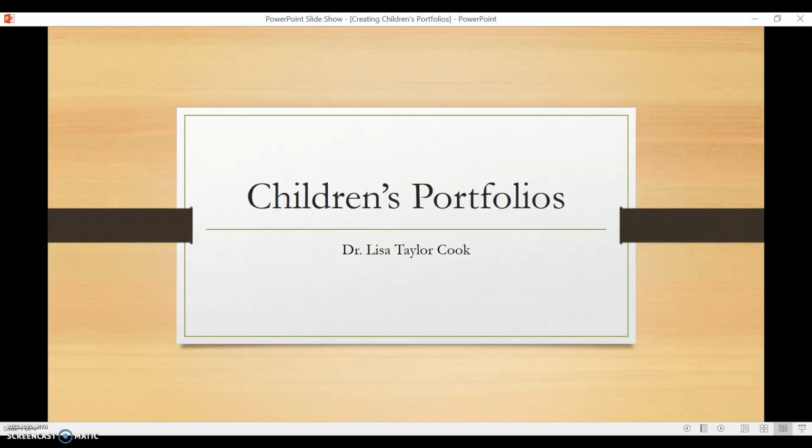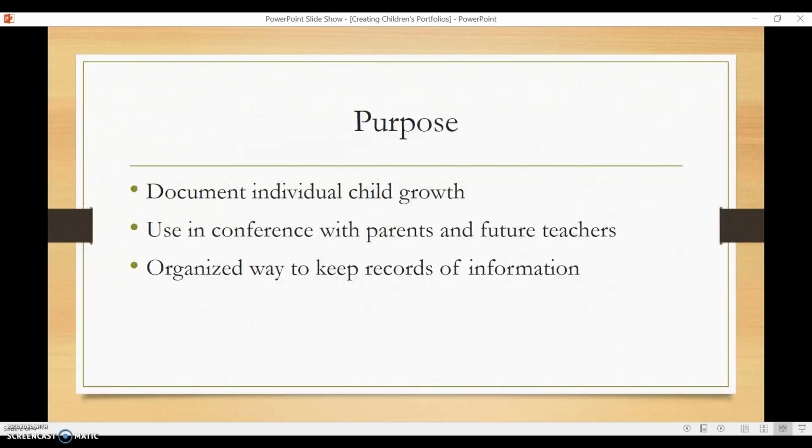This video is going to focus on children's portfolios, what they are, how they can be used, and what's included inside of them. So the purpose of a child's portfolio, an individual child's portfolio, is so you can document an individual child's growth. Even in early childhood, we want to make sure that we're noticing changes within the child's development within the various developmental domains, and having a portfolio for each child allows you to collect information that can help